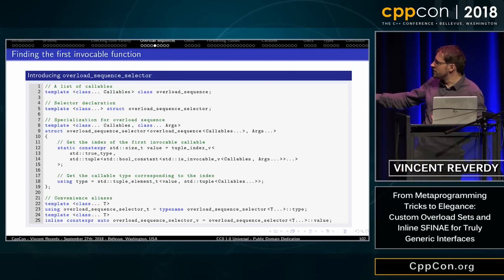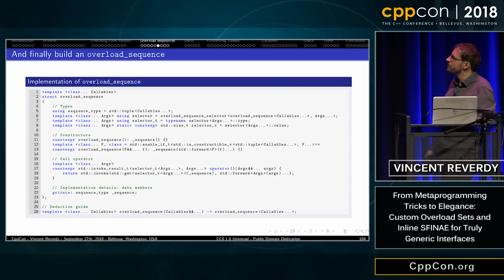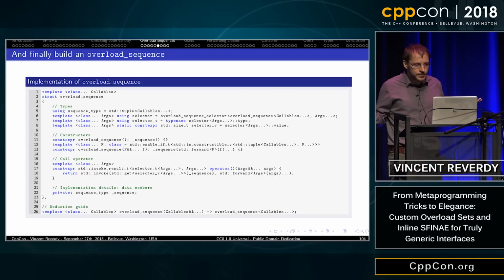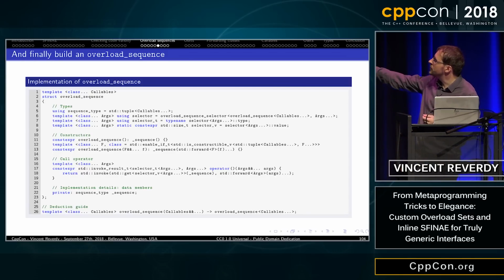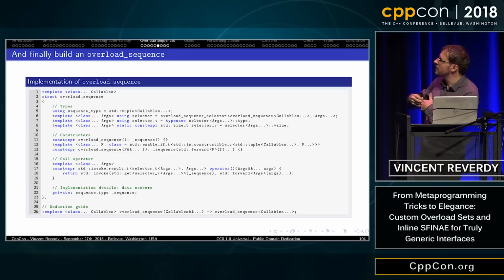And then I have some helper functions. And then the last thing to do is to create my overload sequence. So just a few helpers, and then I have a constructor that can be constructed from a list of functions. You give it a list of functions, it will return you an overload sequence.